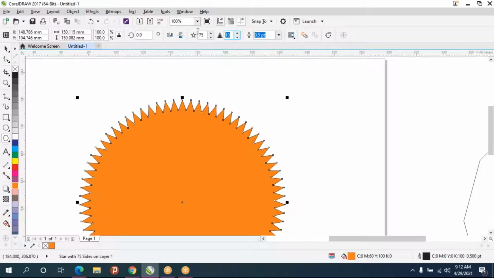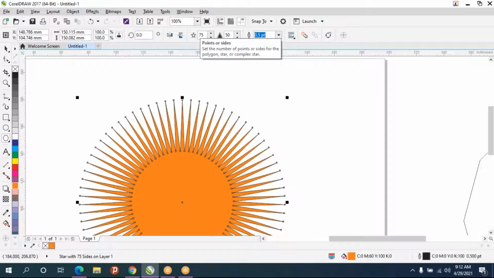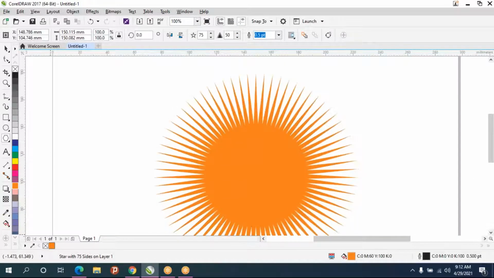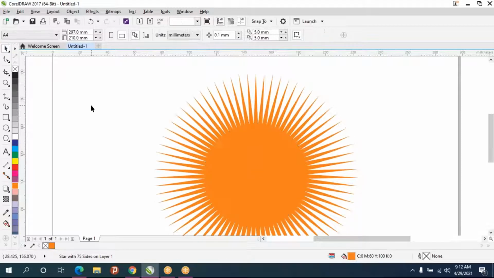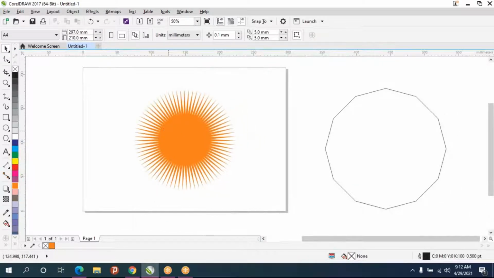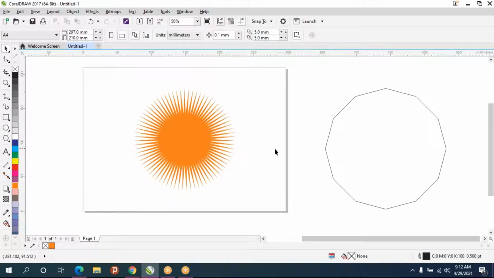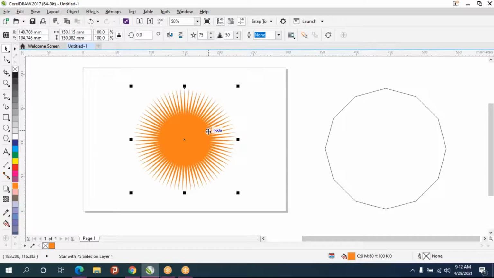So you can change this value and check. 50%. And I'm going to remove the outline. Okay. So like this you can make using the star tool.